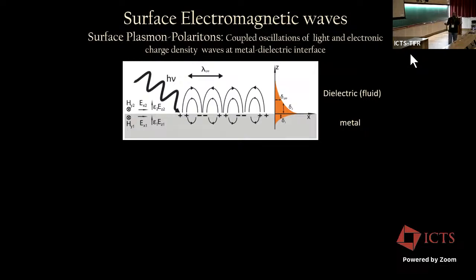There's one more way of creating structured light. In addition to, let's say, having just the conventional free space beams, it is to use electromagnetic interactions at interfaces. One of the interfaces which is of very high interest in the optics community is the interface between a metal and a dielectric layer. You would be able to now generate surface electromagnetic waves thanks to the concept called surface plasmon polaritons, which are essentially charge density oscillations of electrons at metal dielectric interfaces, mainly arising because of the